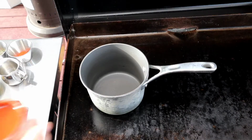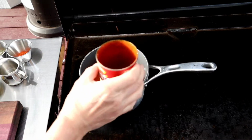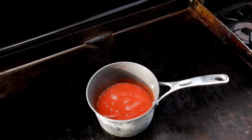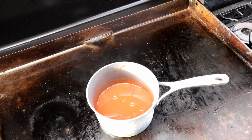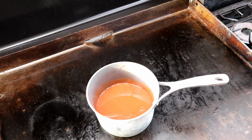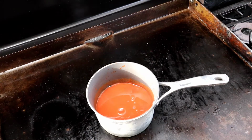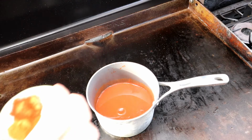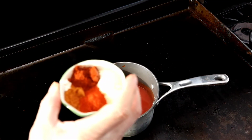15 ounces of tomato sauce, and about 3/4 cups of water, 2 teaspoons of vinegar. And then here's your spices. And on these spices, we are having